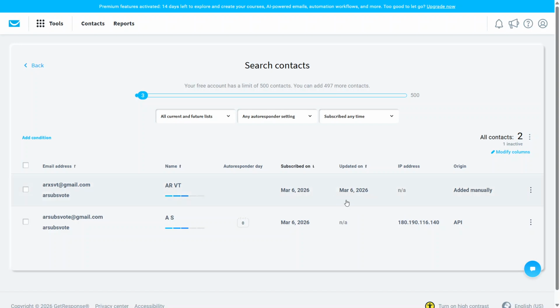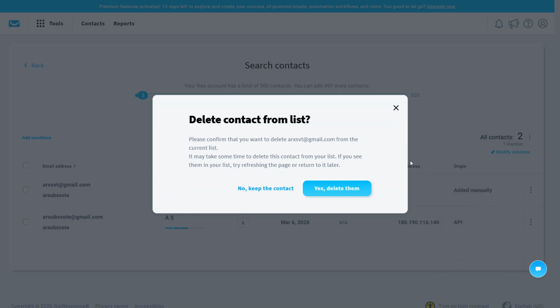Once you've found the correct contact, move your attention to the right side of that contact's row. You'll see a More Options icon, typically represented by 3 dots or a similar symbol. Click on this icon to open a small drop-down menu. From the options that appear, look for and select Delete from List. This tells GetResponse that you only want to remove the contact from this specific list, not necessarily from your entire